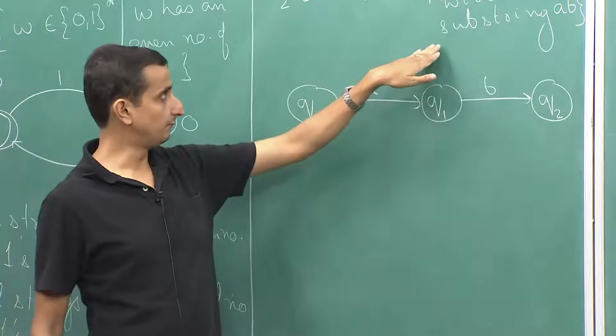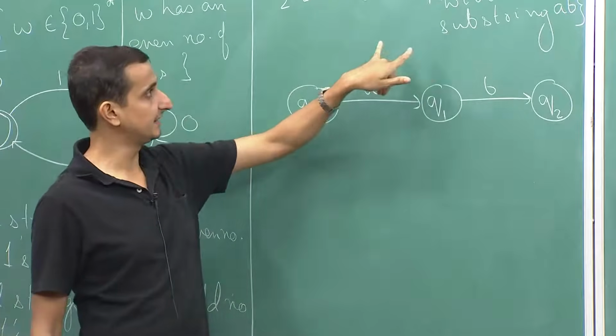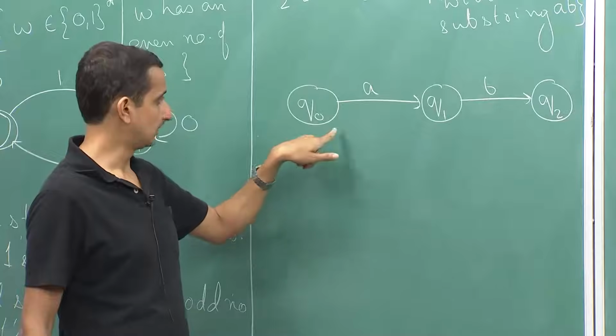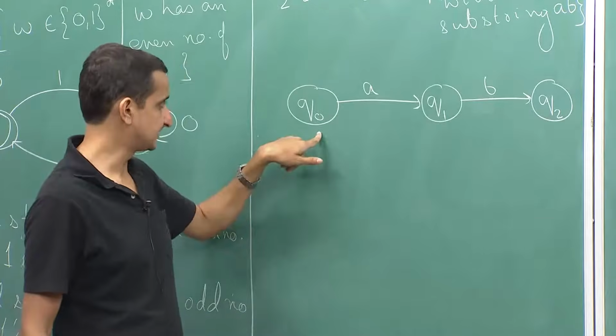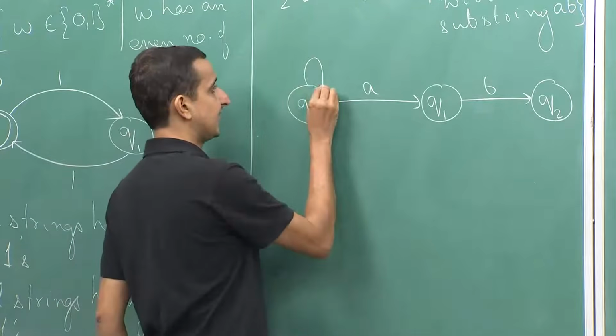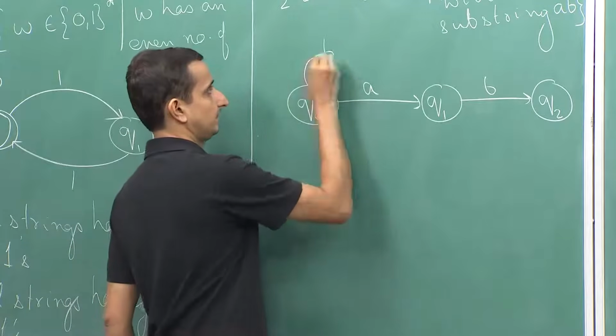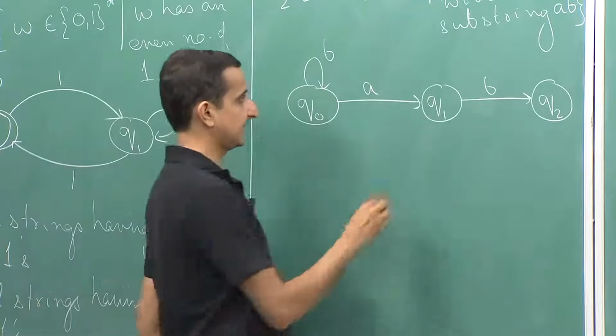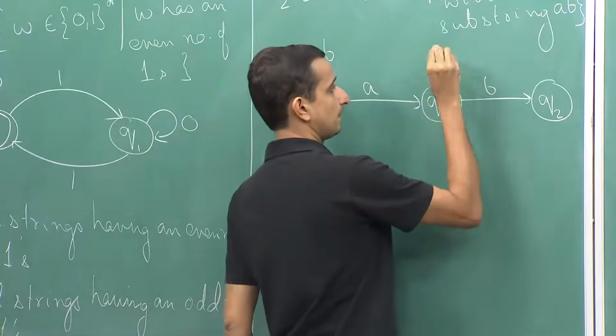Now, we must consider strings that end with AB. Okay. So, for example, from Q0, if I had seen a B, then I will stay at the state Q0 itself. From Q1, if I see an A, I stay at